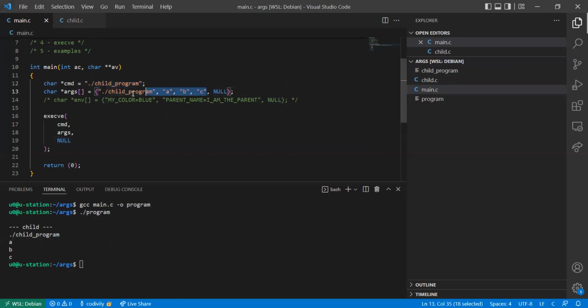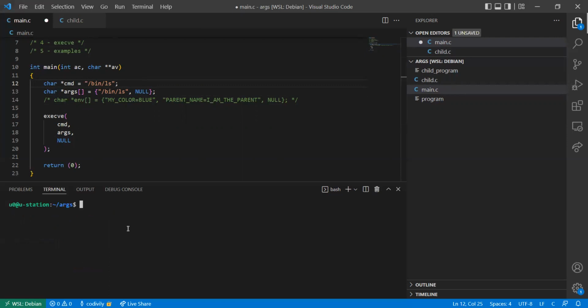Let's just delete all these things. So the ls command is located in the bin folder. You have to give the path to the command. And next here, the command will be /bin/ls. For now, we don't have any parameter to pass into the ls command, so we keep it that way. Let's run the ls command from our C program,